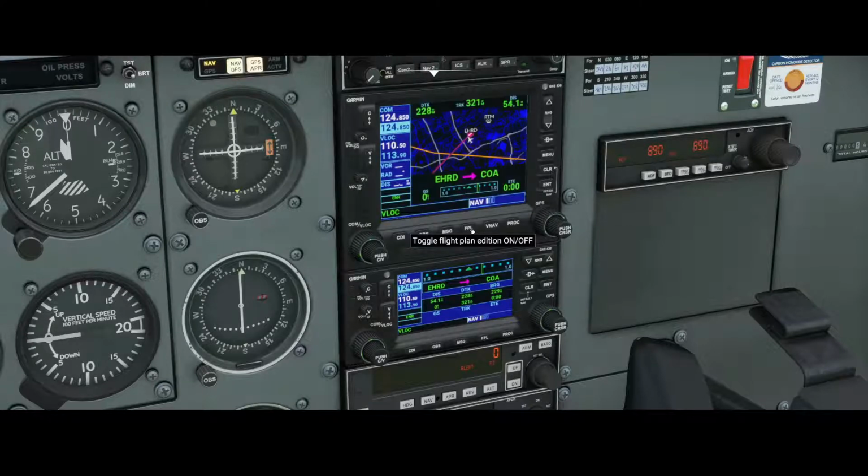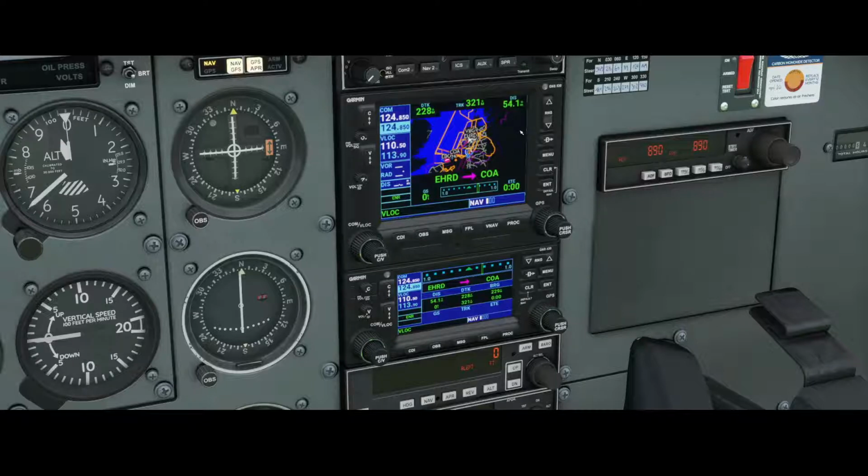Now we have configured the flight plan, right? So if we switch off this option, it will show the map, and you can change the range here. So you can zoom in, or zoom out, and as you can see it's a straight flight via COA to EBOS. But that's not always what you want, right? In some cases you want to really use the